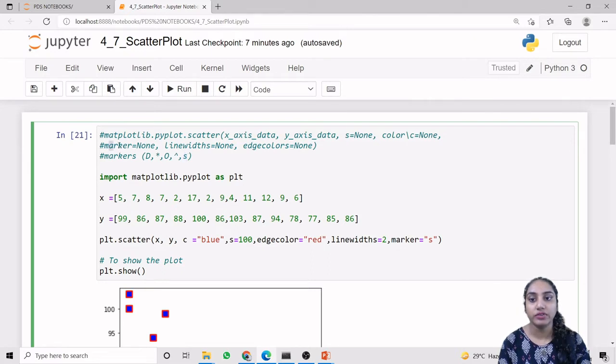So these are the different markers which we can use to visualize our point also. Then line width and edge color will be the two different attributes for the boundary of your points.